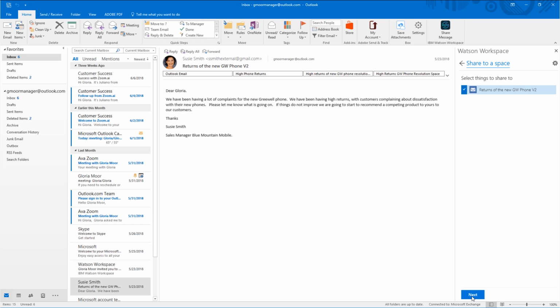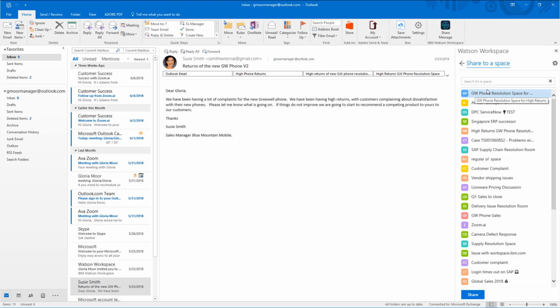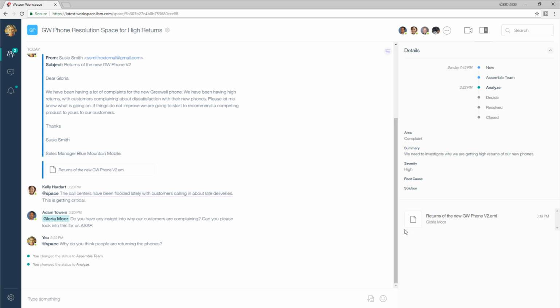And she actually can just click a couple buttons, and right from Outlook, it'll automatically bring up a list of the product she's working on. Here's the Greenwell phone resolution space where her team is working problems like this. And instantly that email now is dropped right inside Watson Workspace. So Watson Workspace is a conversational tool where teams get together to start chatting and sharing ideas on how